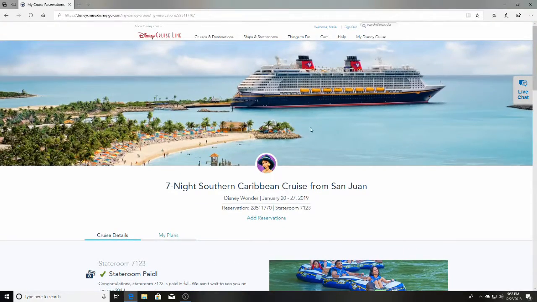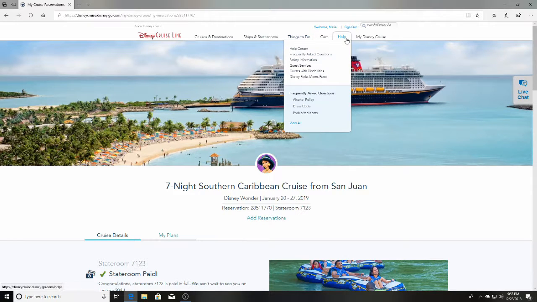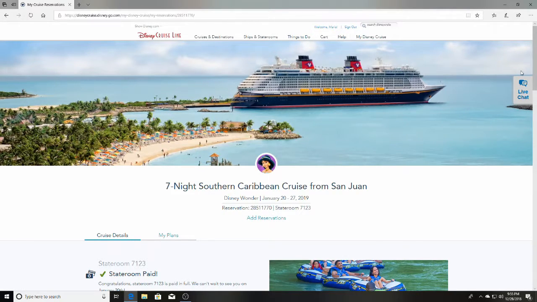Even if you haven't booked a Disney cruise yet, there is lots of information available on the Disney Cruise Line website using the tabs at the top. And if you have any questions, you can always click on the live chat tab, which is on the side, and chat with a Disney